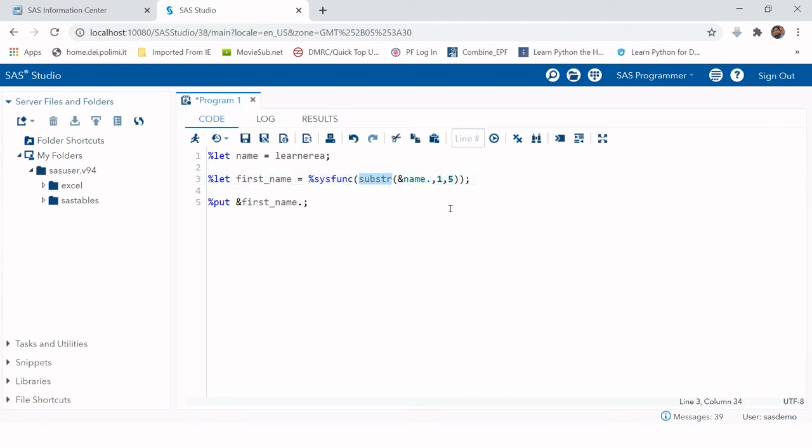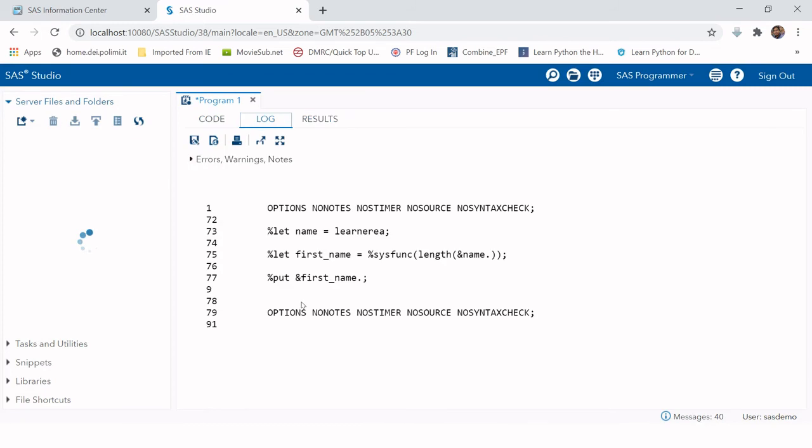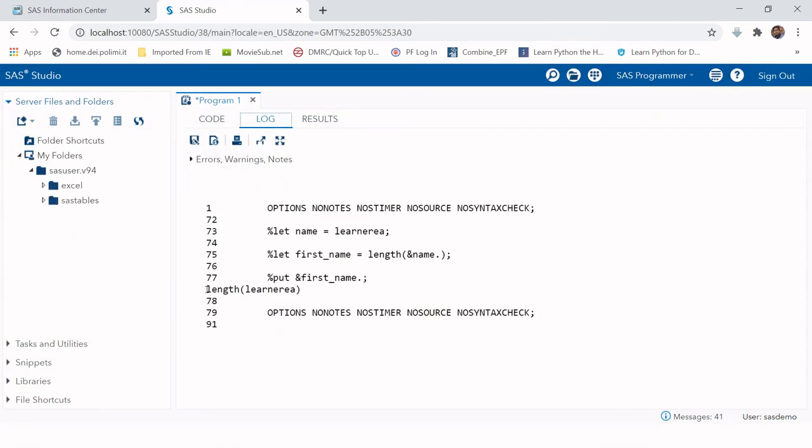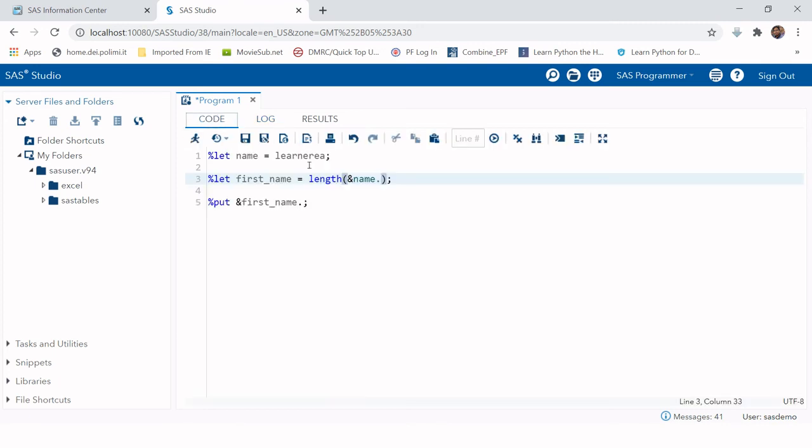For example, if you want to store the length of this variable, you can just use length over here, and for that you just need to remove them. So this will store the length. You can see it's 9 characters, 9 has been printed over here. So it's the 9 characters which have been stored under this variable. But if you don't use sysfunc over here and now run this, you see it has stored this length function and the value as a string into the macro variable. So this is why we use sysfunc over here.